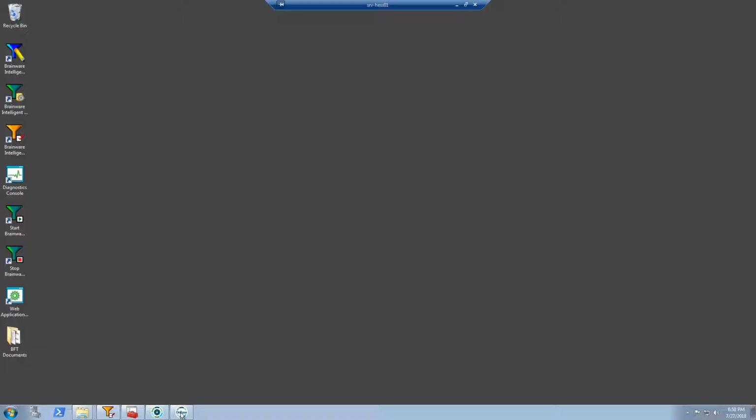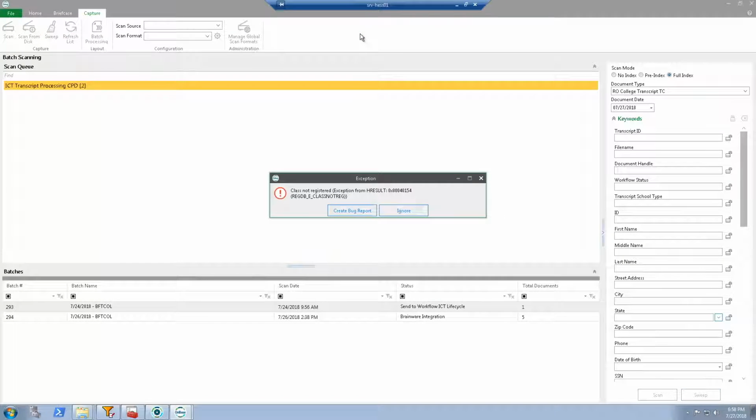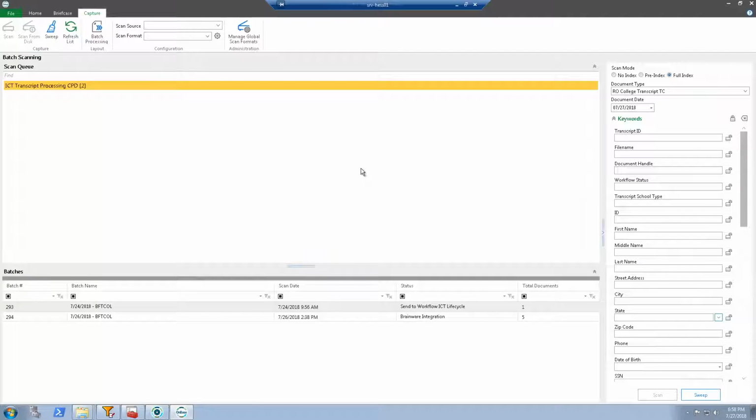So I'm going to go ahead and open up the OnBase Unity client, and from here I'm going to go to batch scanning so I can capture documents or transcripts into the system. There are a couple of things with capturing that we should probably discuss, and one would be the scanning of transcripts into the system. You can certainly scan these transcripts into Brainware, into your ECM system, but the important thing to note is that